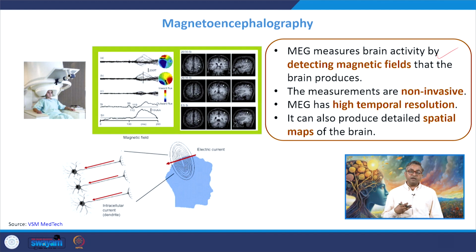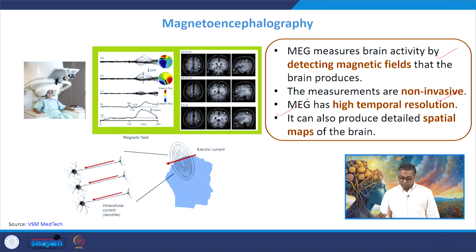Now the brain, we are passing the magnetic field to the brain, and as a result the alignment of the ions which are flowing in the bloodstream or in the brain, they try to align themselves as per the external magnetic field provided to them. The external magnetic field generates the electric current. As a result, the ions start to align themselves in the brain. So the measurement is non-invasive, just like the EEG. This is also non-invasive and it is being provided over the scalp.